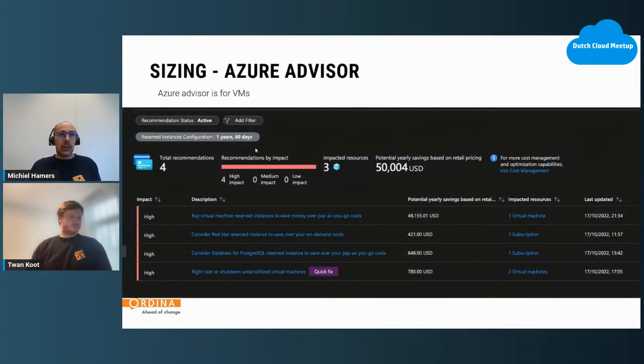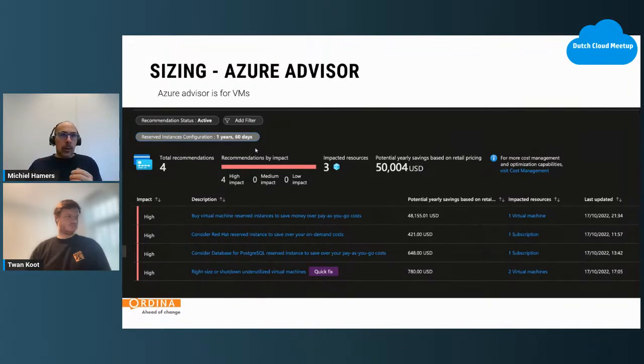And in the Azure Advisor, Microsoft even gives you advice on how to see that and how to benefit from it. If you go to the Azure Advisor and you see this kind of figures, I would definitely recommend looking into it, because as you can see over here in this subscription, you can potentially save $50,000 US yearly